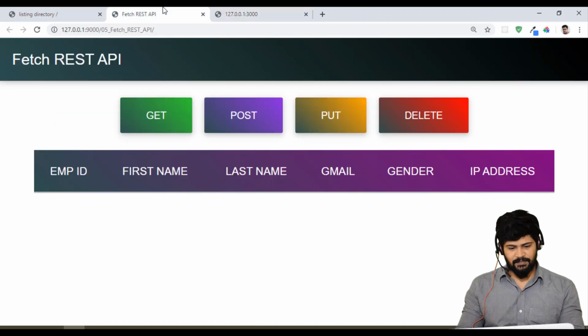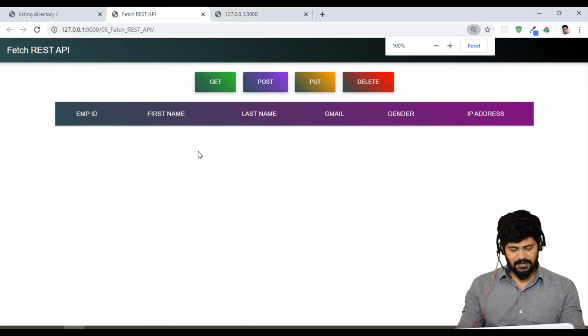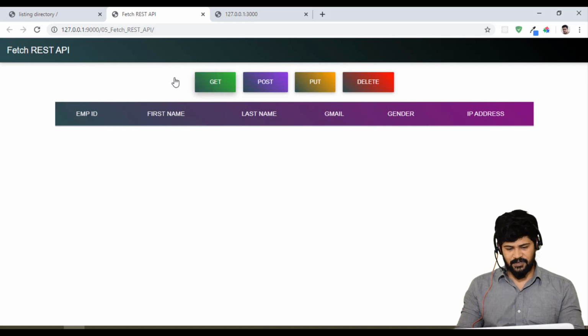Now back to here. When I click on get, I need to fetch data from this server and display it.